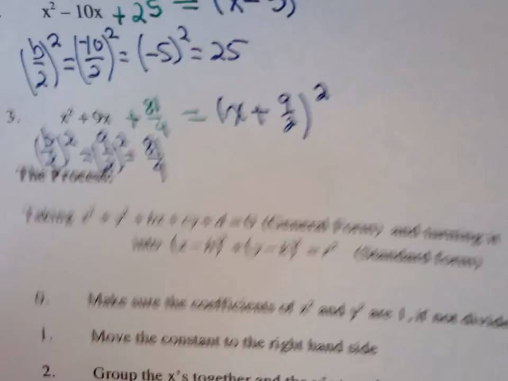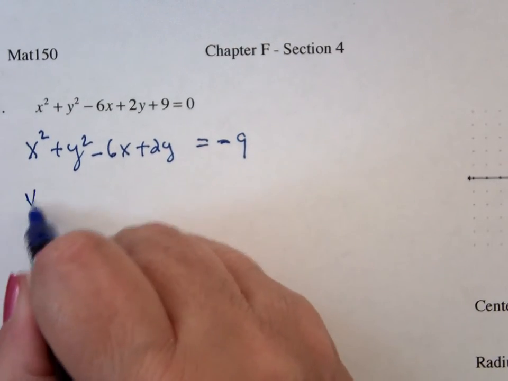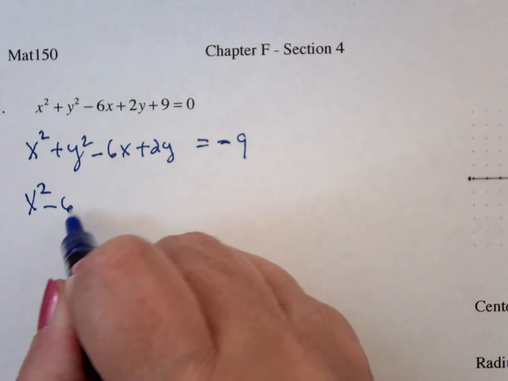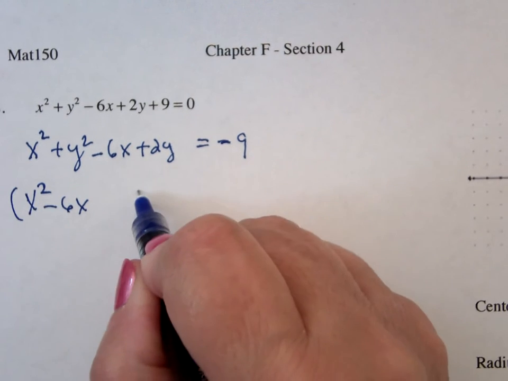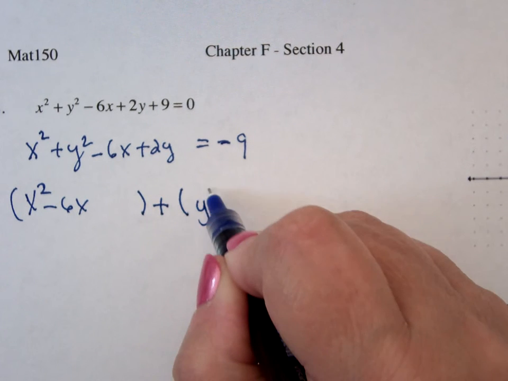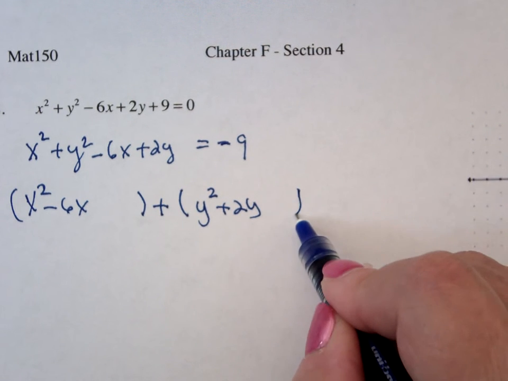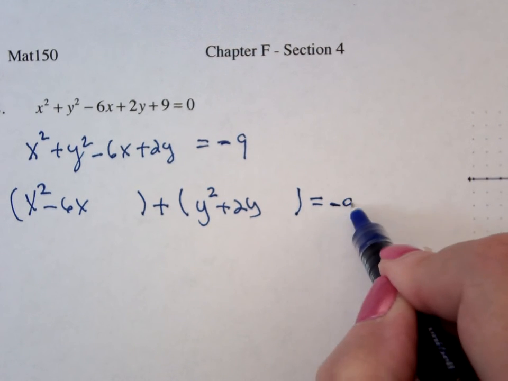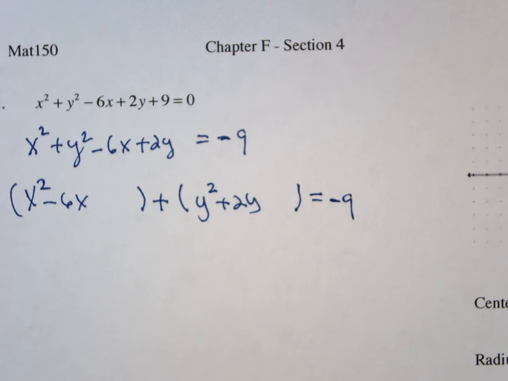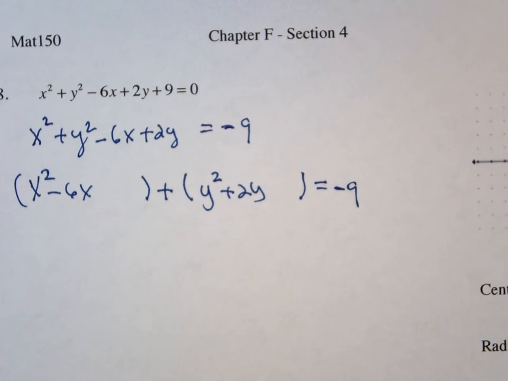Then it says group the x's and the y's together. So this becomes x squared minus 6x, so that's one grouping, added to the second grouping, y squared plus 2y, equals minus 9. The next step is to complete the square on the set of parentheses. So I'm going to do that